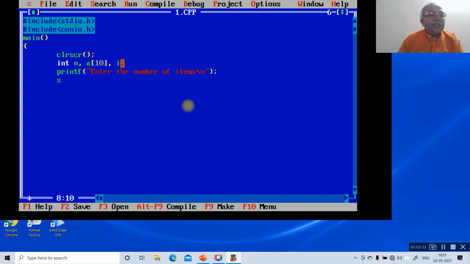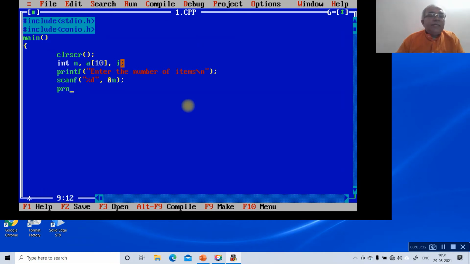Then read with the scanf statement: scanf("%d", &A[i]). So I am reading all the elements of the array. Here, enter the number of items, so it is n, the number of items. That means I have to decide how many items I need to enter.